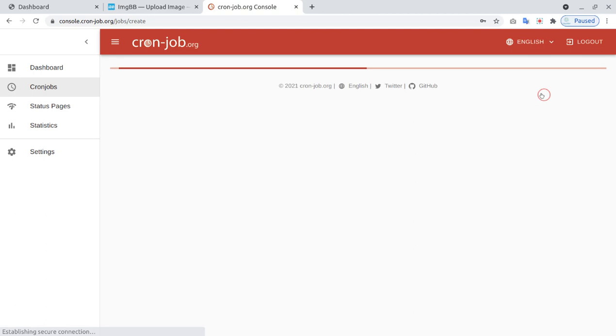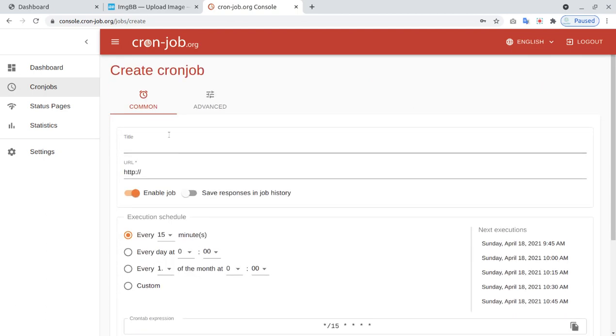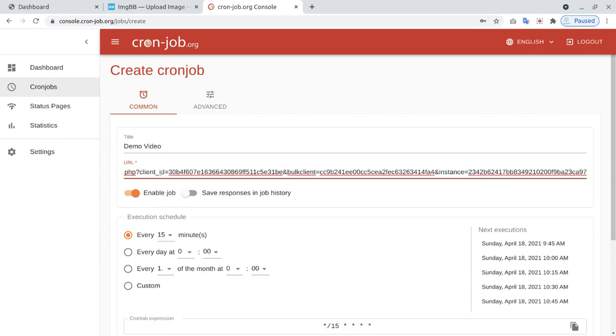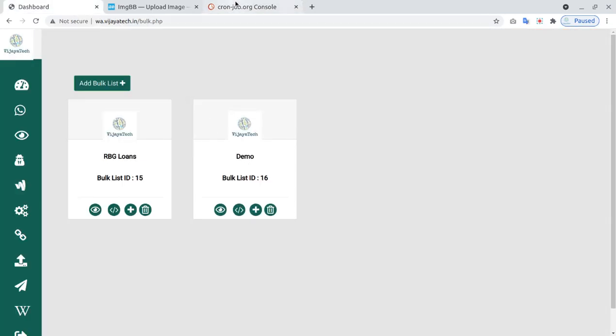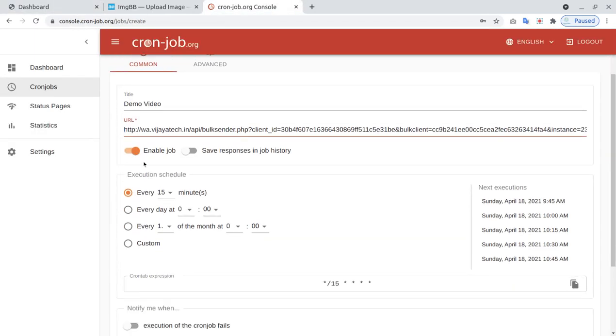Here click on create cron job, give any title you want, and whatever you have copied from that instance, paste it here. However it is, check it again. It should be the same as given here. Enable cron job, and this is the schedule, like how often you want to call this particular job: every minute, every 2 minutes, every 5 minutes, something like that.